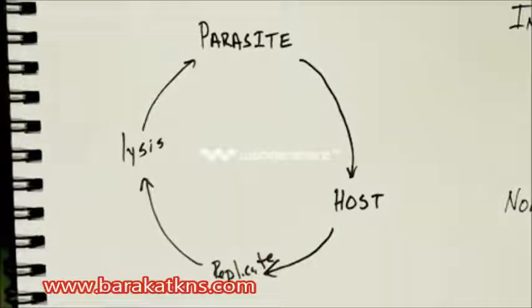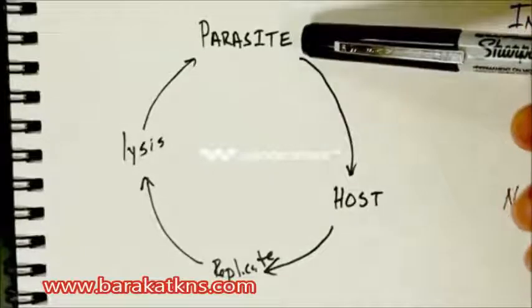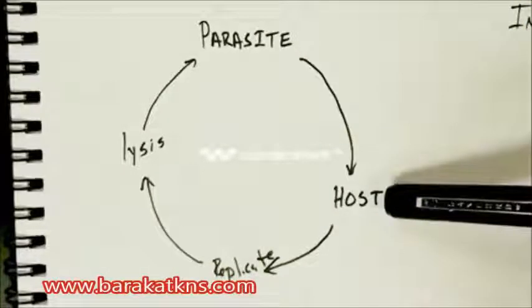Today I want to give you a little background on how viruses work, especially in relationship to what's happening currently in 2009. One of the first things we need to truly understand about a virus, in this particular case, is that it is a parasite. So what I've diagrammed here is kind of a cycle of a parasite to give you an idea of what's important. Essentially, a parasite cannot live on its own, so it's got to have a host.